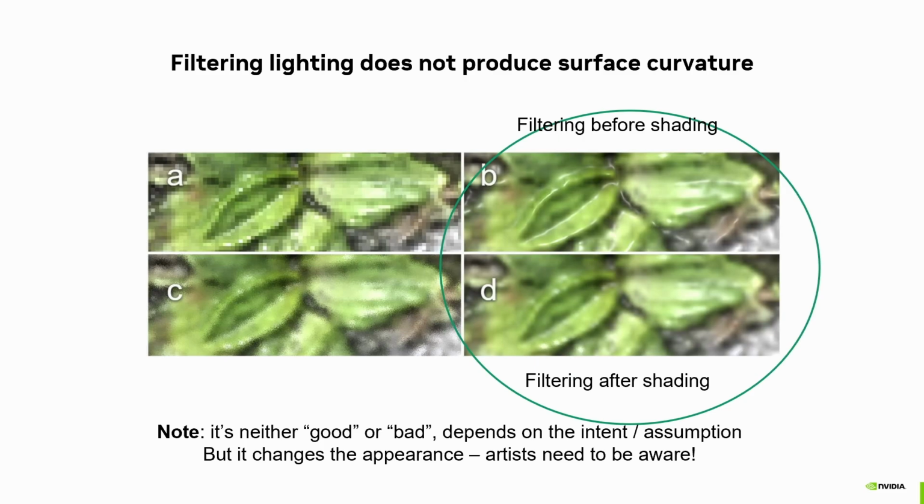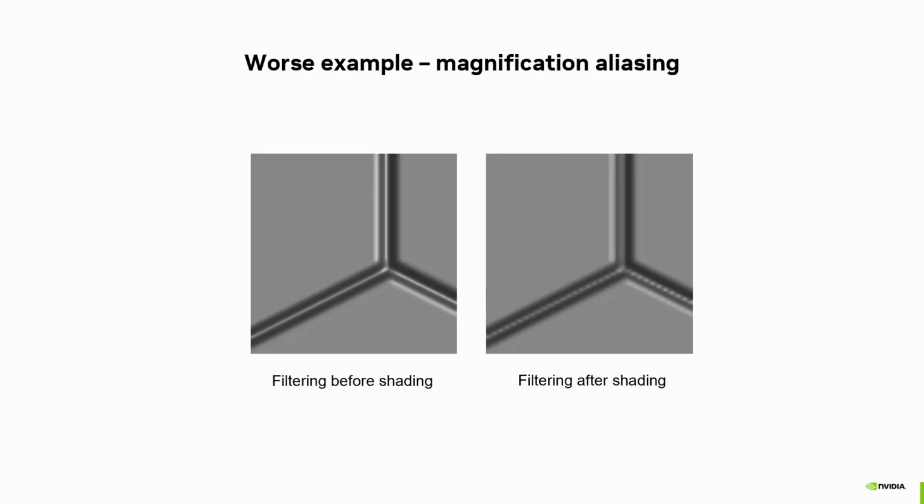However, if artists relied on smooth surface interpolation and they wanted to compress the textures by reducing their size and assume that it will be smooth after interpolation, then it breaks. So it changes the appearance, and artists need to be aware. And there is a much worse result from magnification filtering after shading, namely that it can amplify or show higher